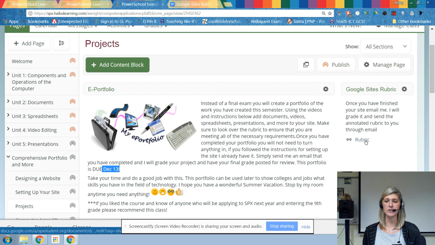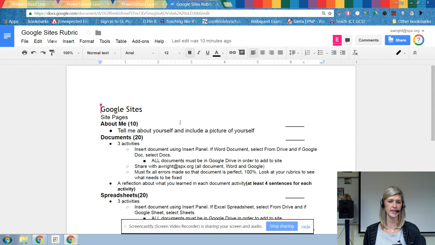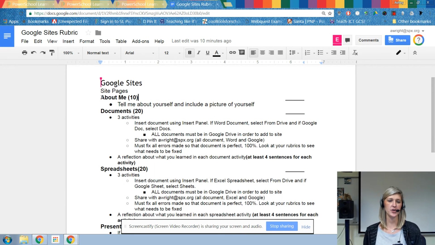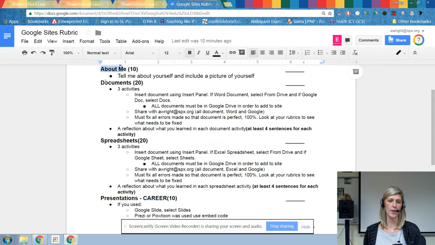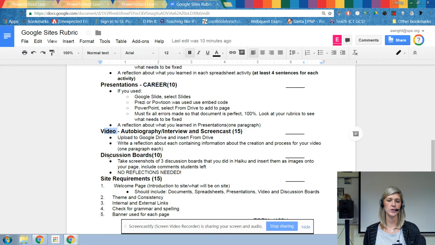Over on the right, you can click on the rubric link to view that rubric, and you'll notice again that when you're done, you're going to email me because I'm going to annotate this rubric and send it back to you through email. Okay, so here's the rubric, and so here's how you're going to be graded. Notice that each of your pages is here: about me, documents, spreadsheets, presentations, video, discussion boards, and then additional site